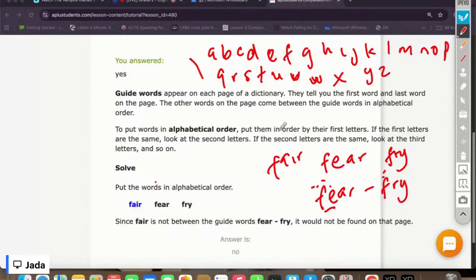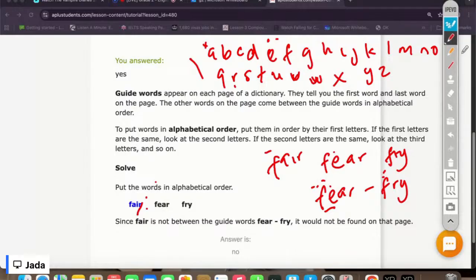So this is the alphabet, right? So you can see here that E comes before R here. So definitely fair cannot be in between fear and fry, because the first letters are the same, but the second one, E, comes after A. So this fair cannot be found in between fear and fry. Okay,